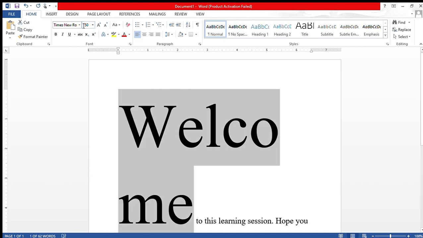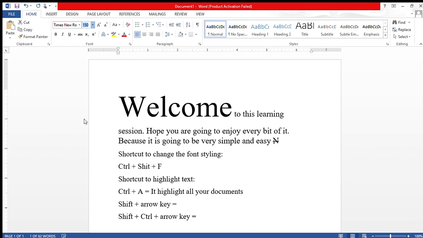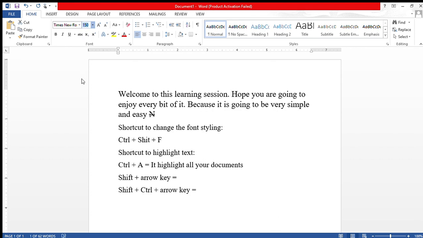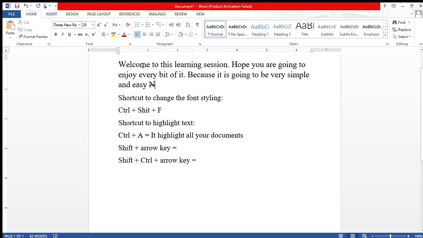So because the highlighting size stopped at 72, if you still want to further increase, you can search it out here. But let me return it back to 20 so that we can see it clearly. Now what is it? Also, can you see where my arrow